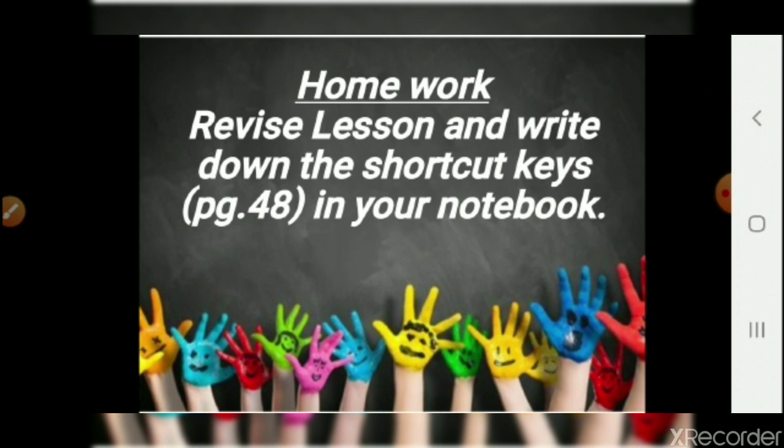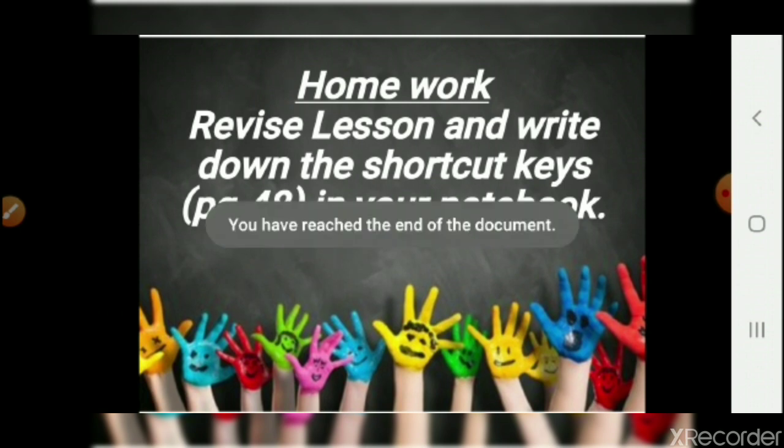Now what is your homework? Revise your lesson and write down the shortcut keys which are given on page number 48. Just now I have shown you, in your notebook, and you have to learn them. Okay? Then do this work from your